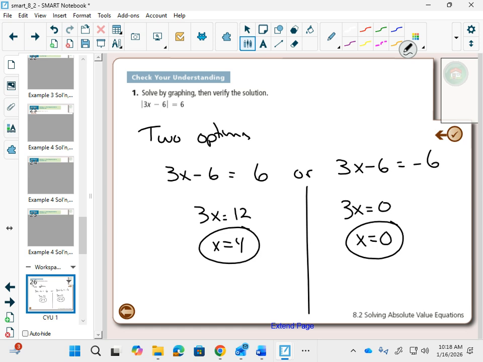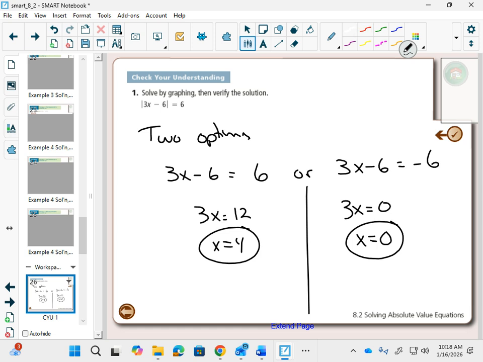And we have two answers. Oh, but I didn't read the question. This is solving algebraically. What did the question say? Graphing. Solve graphing. So what do we do when we solve graphing? We graph